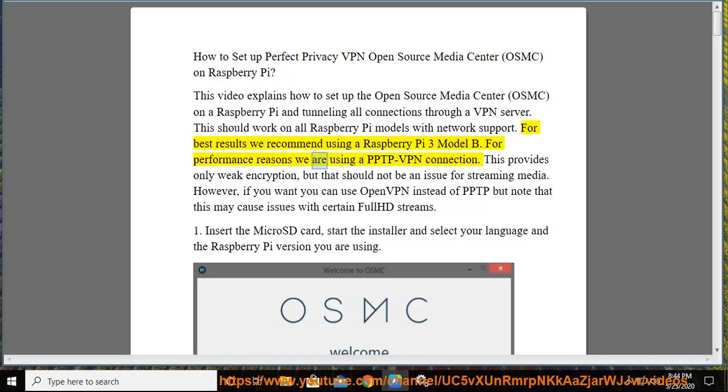For performance reasons we are using a PPTP VPN connection. This provides only weak encryption, but that should not be an issue for streaming media. However, if you want you can use OpenVPN instead of PPTP, but note that this may cause issues with certain full HD streams. 1. Insert the microSD card, start the installer and select your language and the Raspberry Pi version